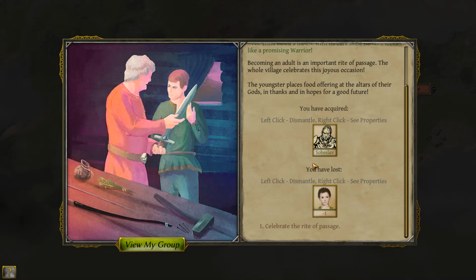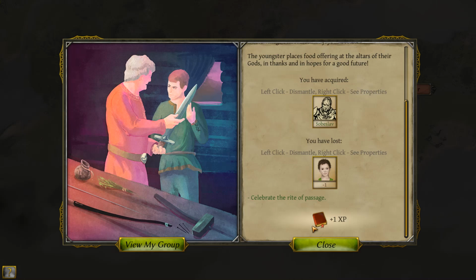Becoming an adult is an important rite of passage. The whole village celebrates this joyous occasion. The youngster places a food offering at the...